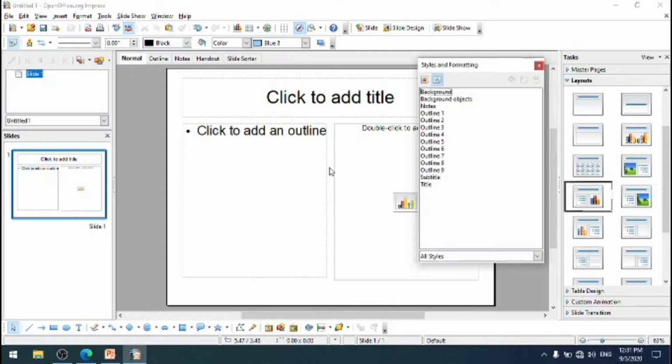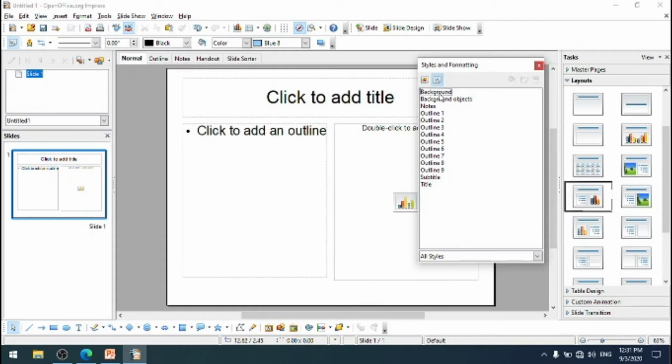So this is Styles and Formatting, and the dialog box appears here. By right-clicking the title, presentation style entries, and selecting Modify from the pop-up menu. It's very simple here.